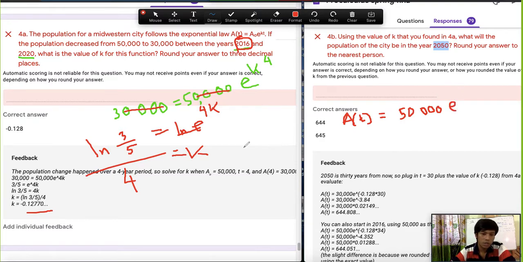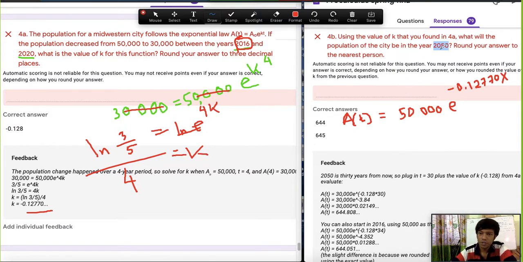The k value we have already found, minus 0.12770. This last zero is not needed, it is not doing anything here. Into